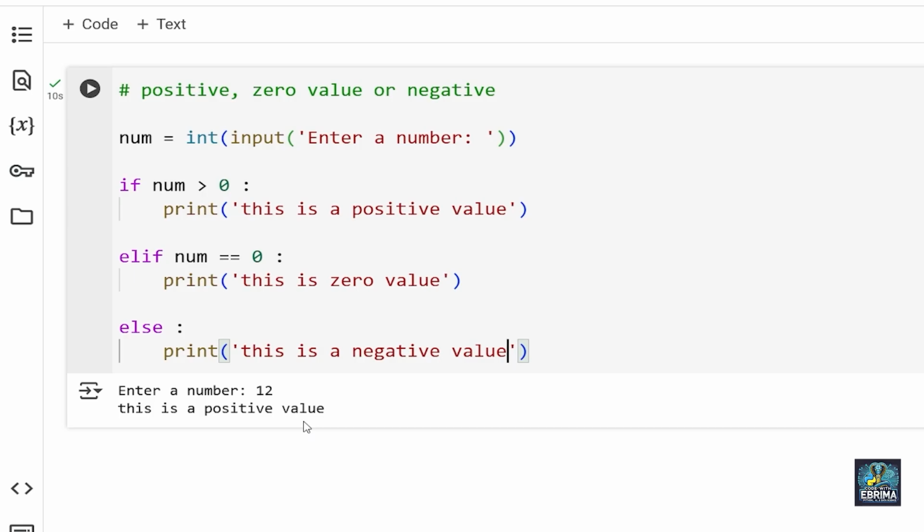Okay, so this is important to note. In this program we checked 3 conditions, right? One, check if the number is a positive value, another, check if the number is 0, and the last one, that is the else, handles negative numbers. Since a number can only be one of these 3, these are also the only 3 possibilities, that is positive number, negative number, or a 0 value number.